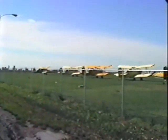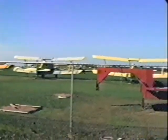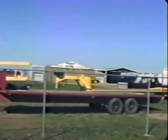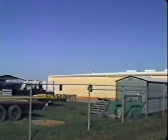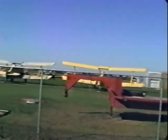We're here at Hayti at the airport. See all these crop dusters here. They're parked out here just one after another. It looks like, according to that building over there, they're manufactured here. But they sure have a bunch of...